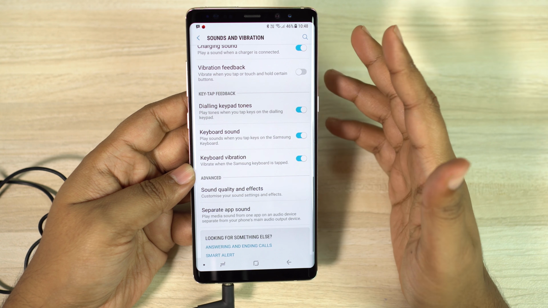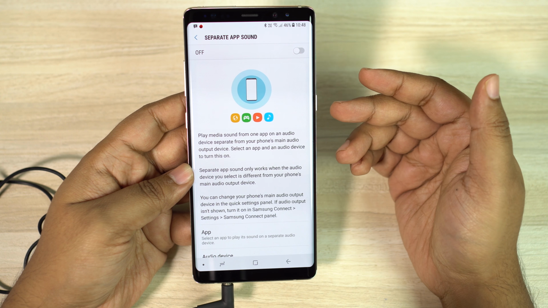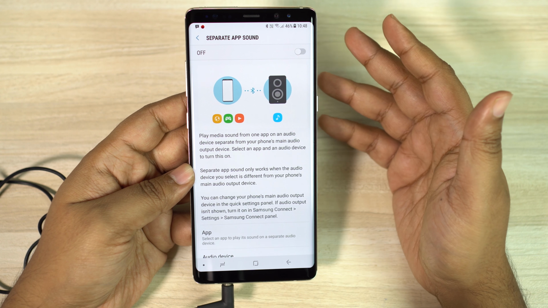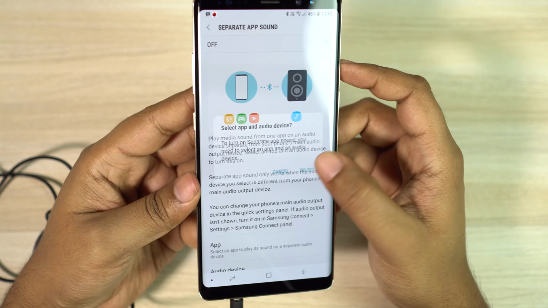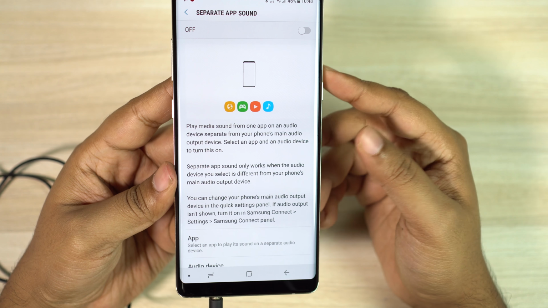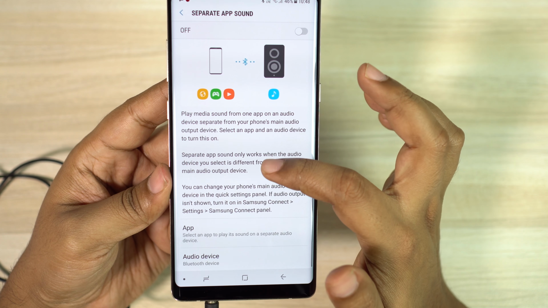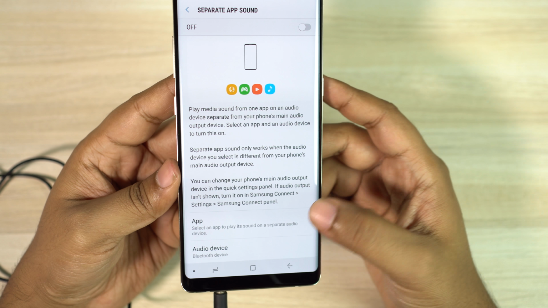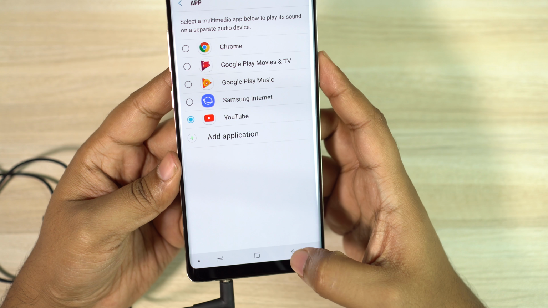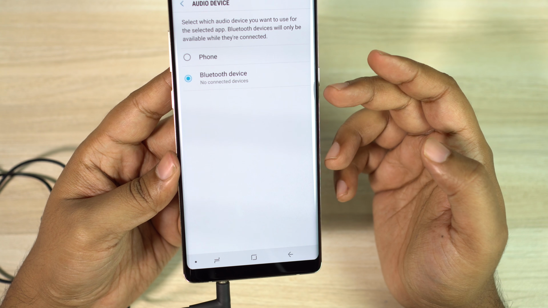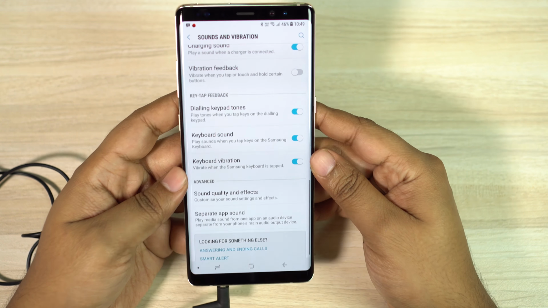Now there is another very interesting feature I want to talk about. It's separate app sound. Suppose you want to play your music from your music player or YouTube, you can select an audio device separate from your phone's main audio output device. This can be done for any application you have on your Note 8. For example, if you want your audio from your gaming to be played on your Bluetooth loudspeaker you have in your room, so whenever you play that game, the sound will be coming from that Bluetooth speaker. Other sound like calling, messaging and other application music won't play on the speaker, only the sound of the game